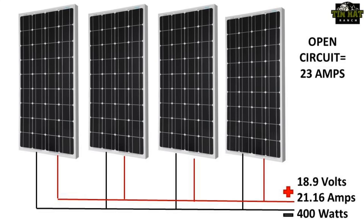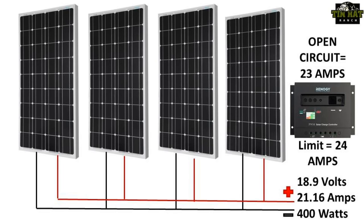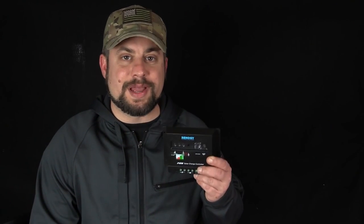So 30 amps times 80% equals 24 amps. These 4 100-watt panels put the charge controller at its limit. In a 12-volt system, this PWM charge controller only accepts a 12-volt input, and that is the second limitation of the PWM controller. If you watched the last video on wiring the panels, a little light might have just gone